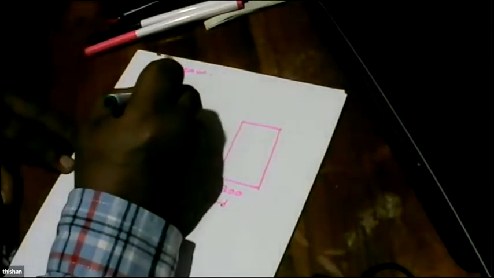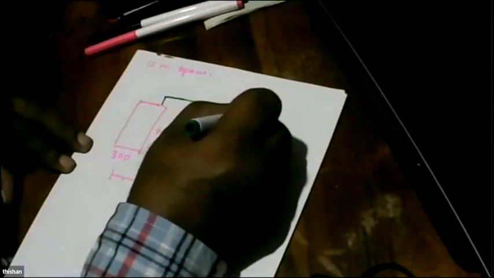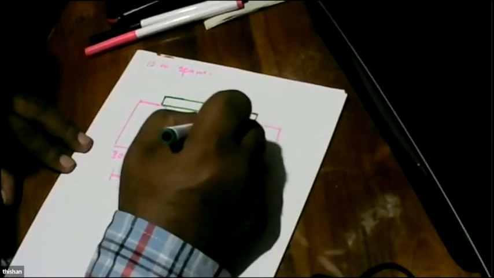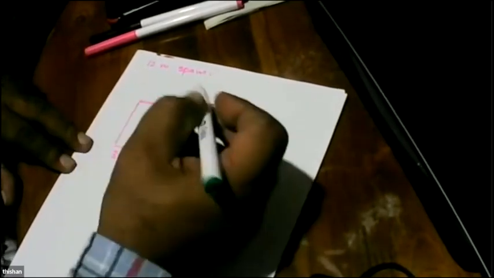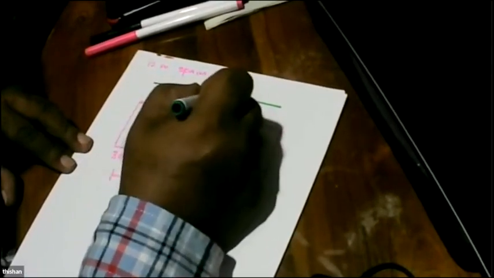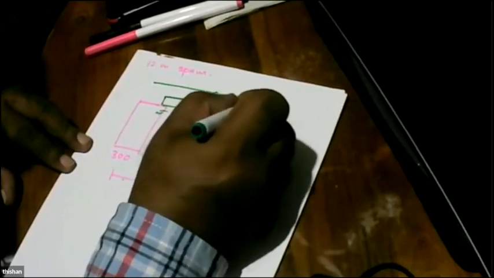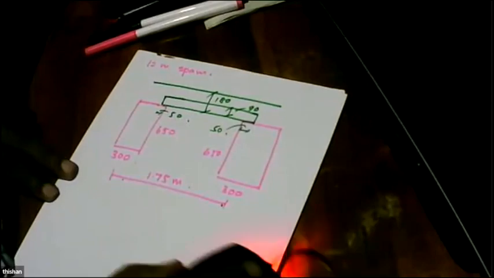And we are going to have 50 millimeter bearing here. Here we are going to have 50, and we are going to have an overall of 180, and these are cast at 90. Right. So you can see,